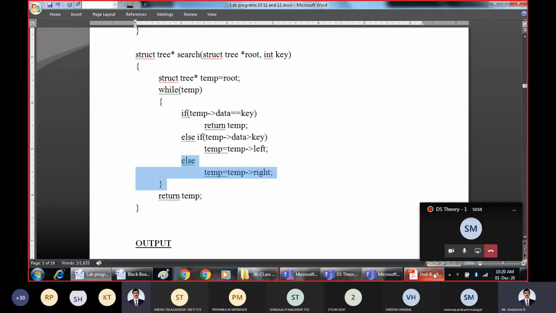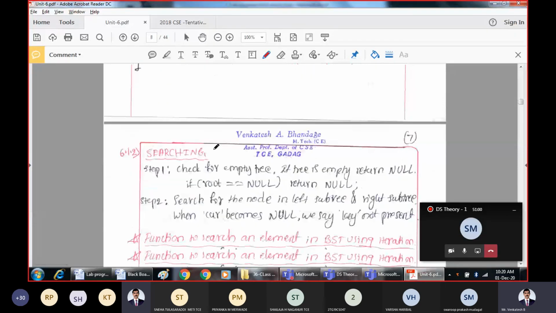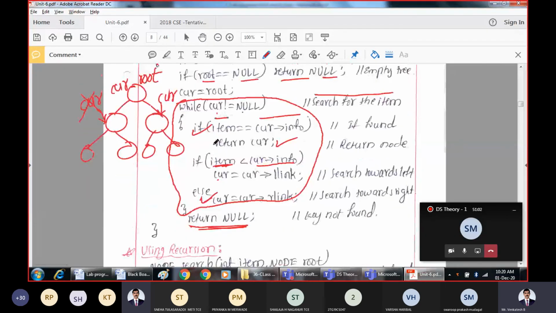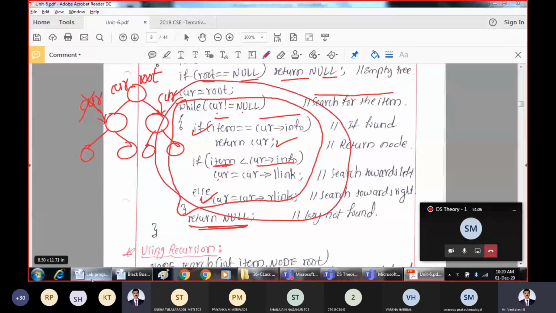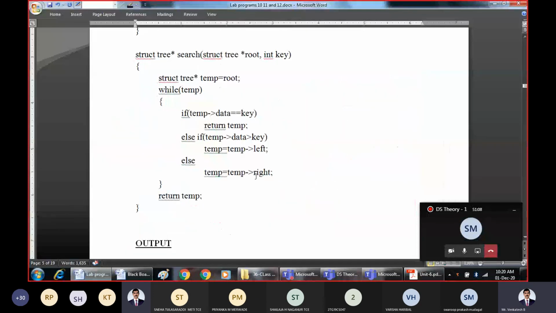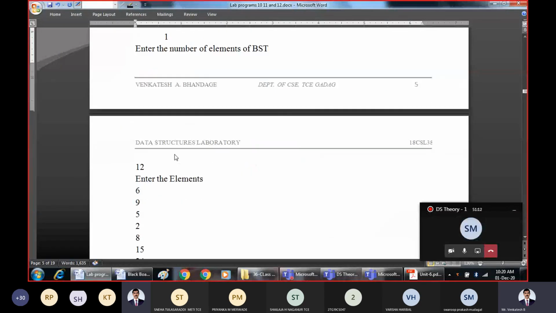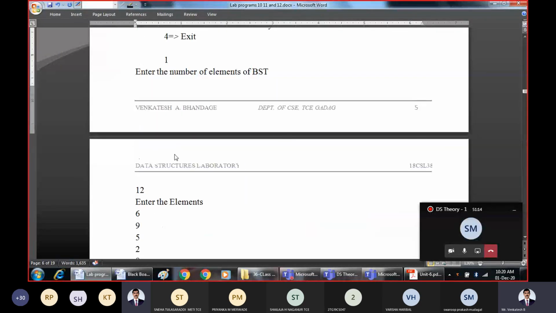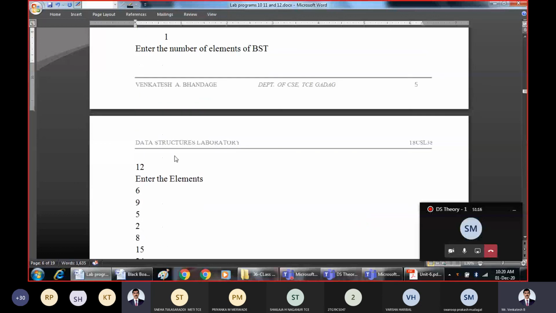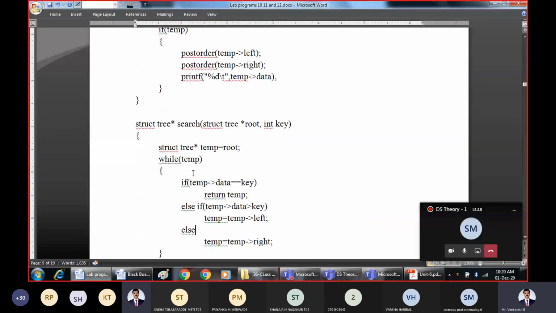Based on those criteria, we either go towards the left side or towards the right side. So this function we had studied, and the same function is written systematically. So this is your 10th lab program, the 10th lab program for binary search tree.